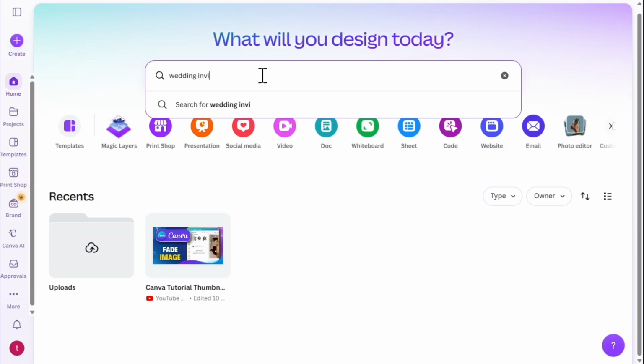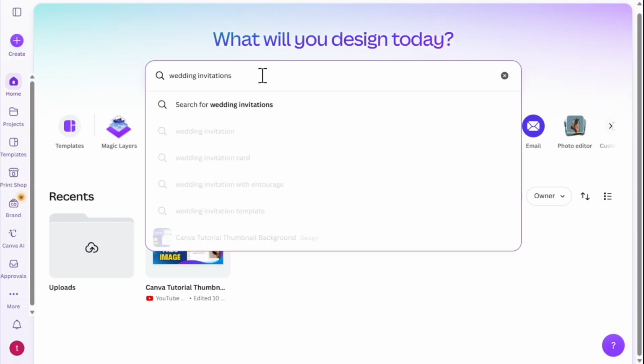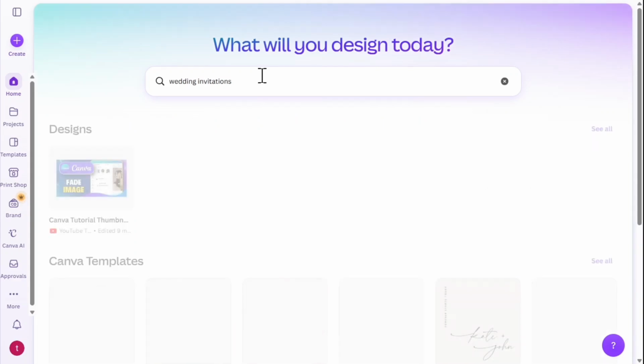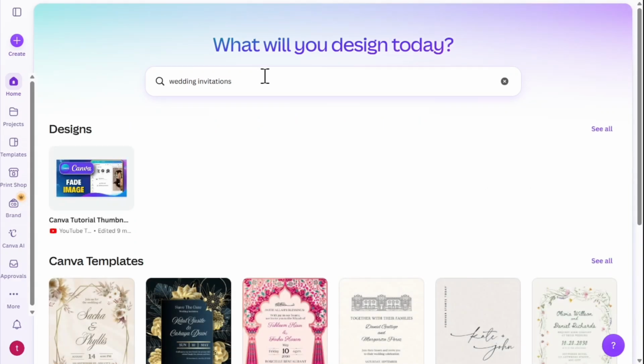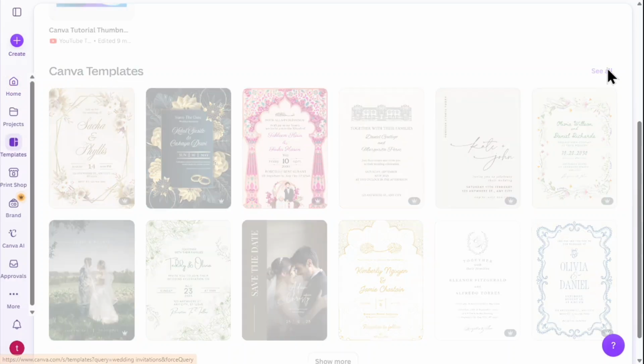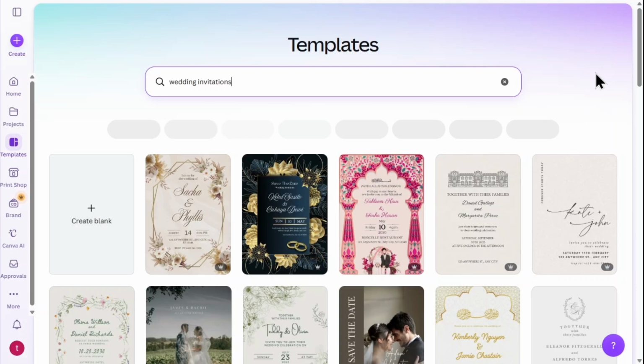As I type each letter, Canva automatically generates a list of suggested search queries right below the search field, but I go ahead and press enter on my keyboard to search for all matching invitation layouts. Once the search results load, I am presented with a vast grid showcasing different design templates and existing projects. I move my mouse cursor toward the top right side of the Canva templates section and click on the See All button. This opens up the dedicated templates directory, giving me a much broader view of available options and layout